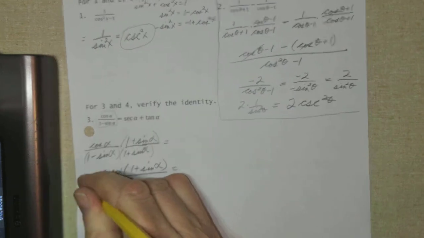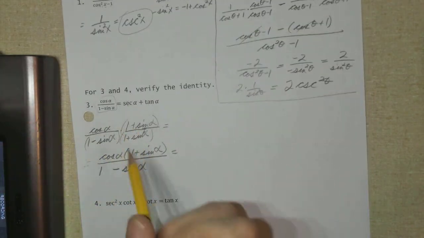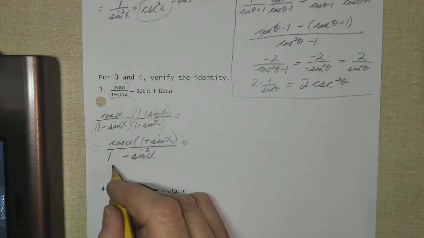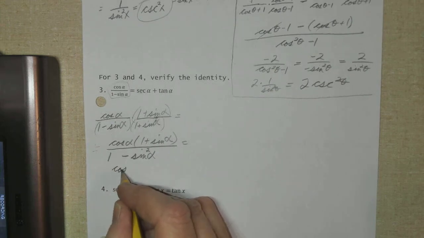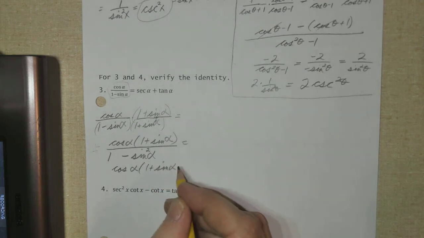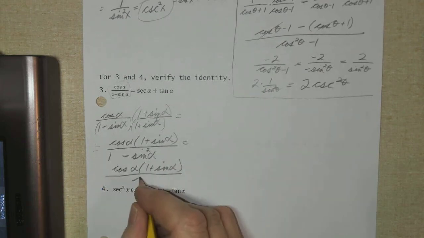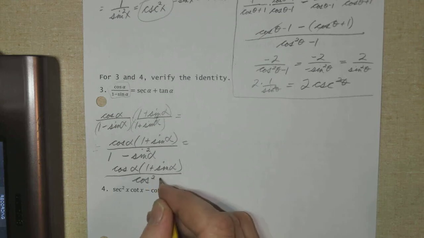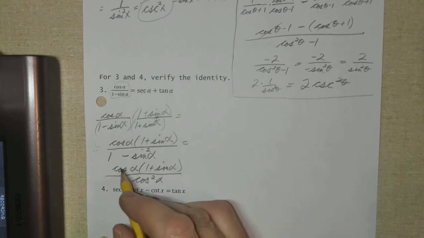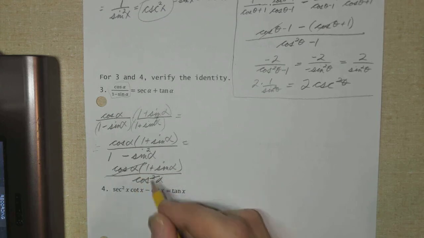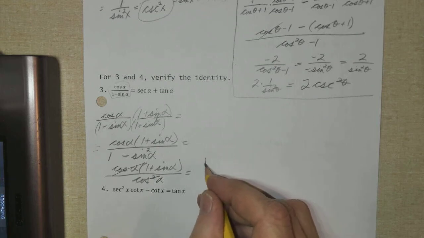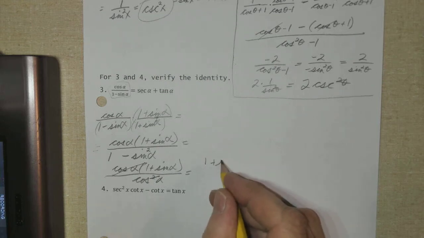Erase this. And sine squared alpha here. I have to write square. And that looks like cosine alpha times 1 plus sine alpha over cosine squared alpha. And this one cosine will cancel out with one of those cosines. So let me just continue working in this direction. I got 1 plus sine